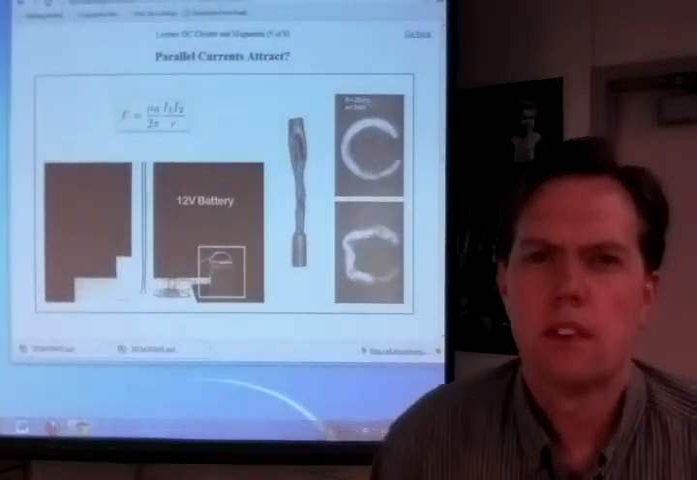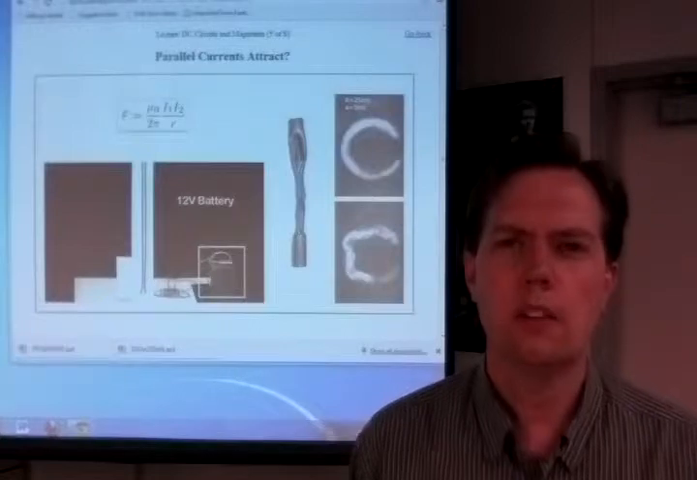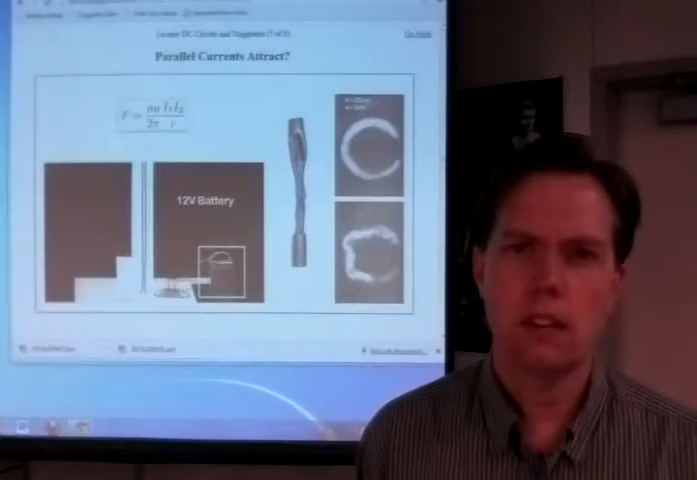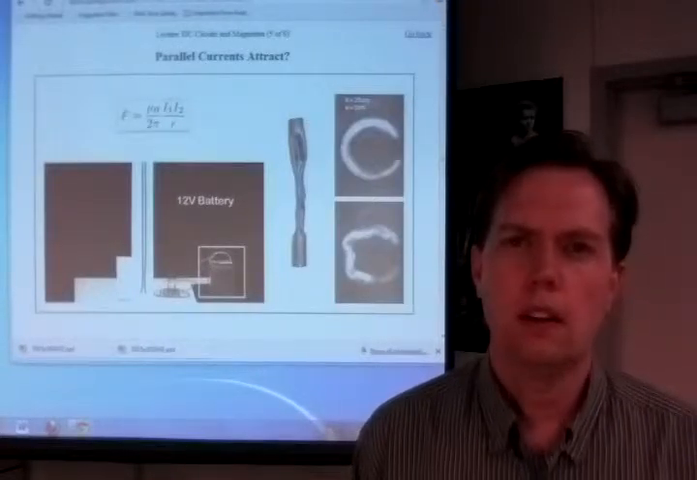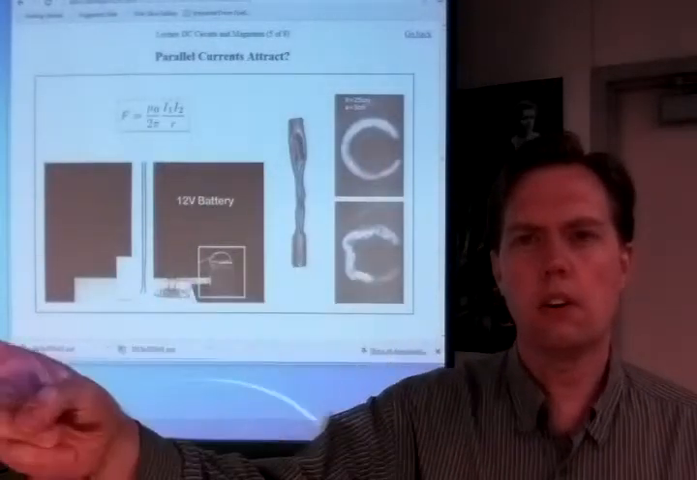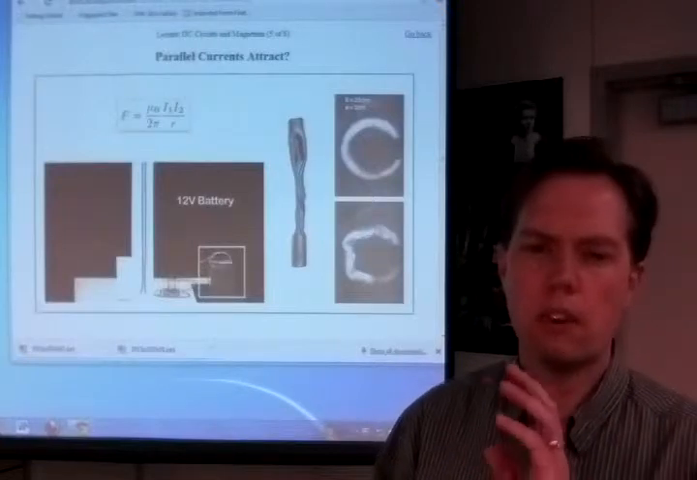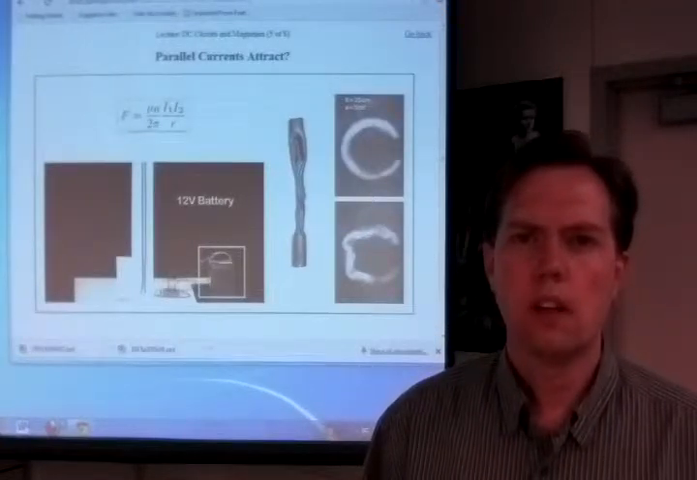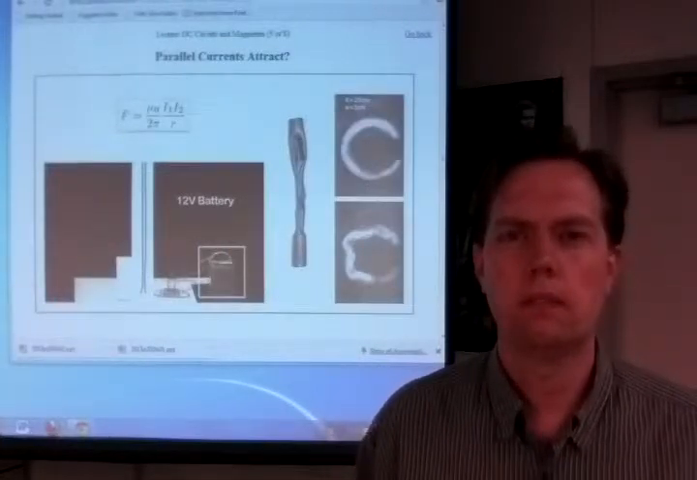Hi everyone. So far we've been talking about DC current, and I want to now introduce a fact that is frankly impossible to anticipate. And that is the fact that if I have a line of current, a wire flowing in one direction, and I have another parallel line of current,